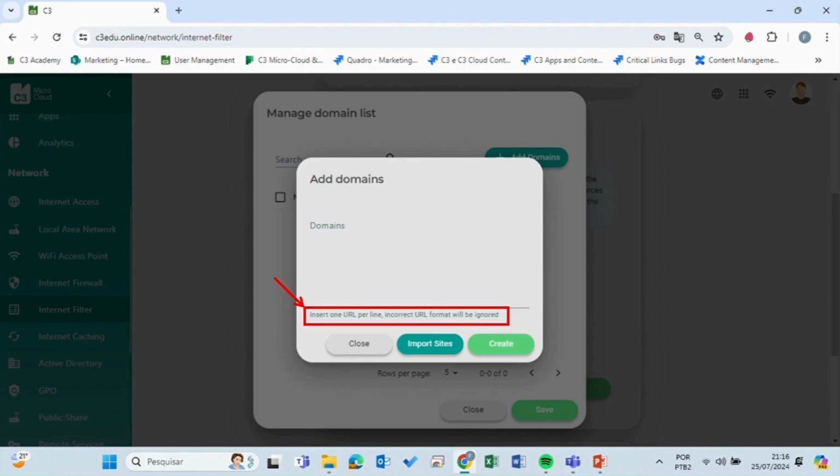Let's look at an example. Here I've entered 3 domains, google.com, bbc.com, and that site we showed you earlier, uol.com.br. This is the format in which we should enter our domains. After entering the desired domains, we will click on the Create button, and if we want to